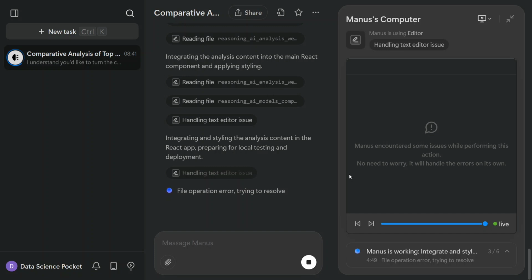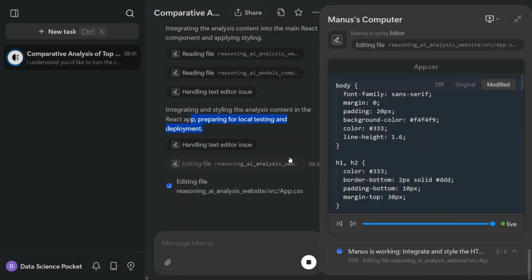So as you can read here, integrating and styling the analysis content in the React app, preparing for local testing and deployment. This is very interesting. If a human says this to you, you might not be shocked, but an AI agent is saying all this to you. So I am a little worried about how the future looks for us,